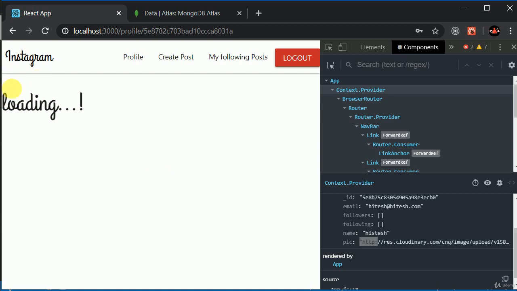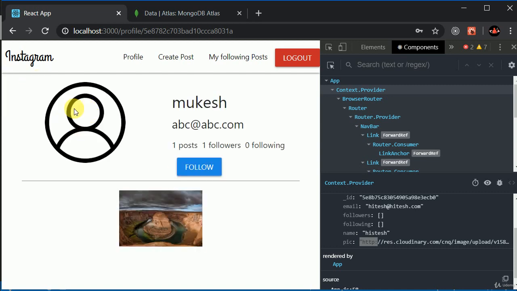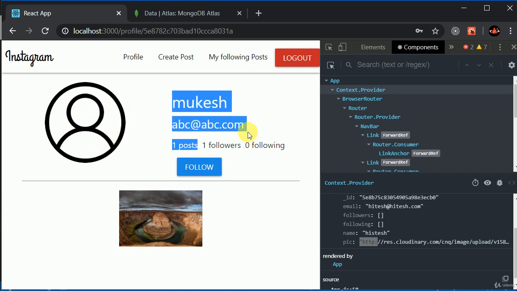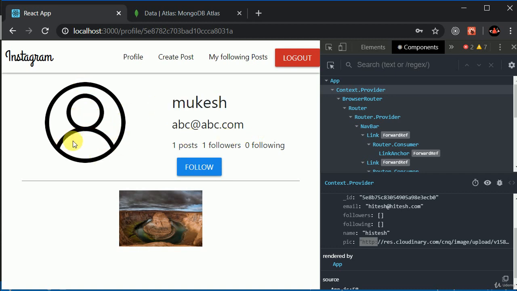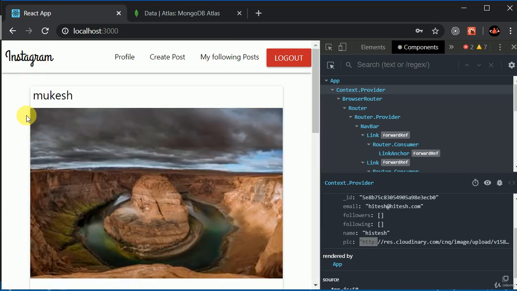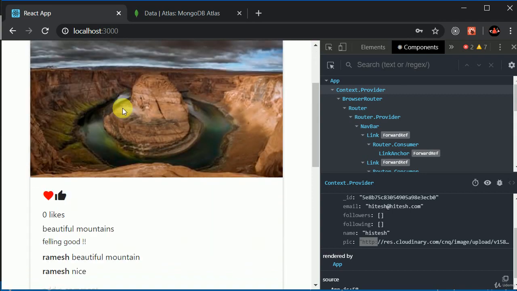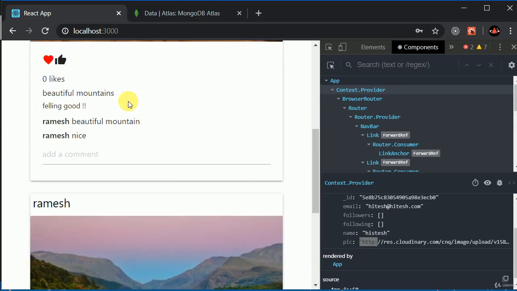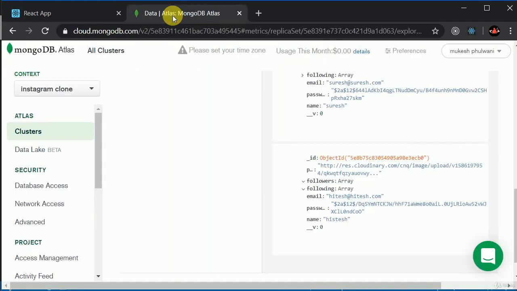Right now this Mukesh doesn't have a profile picture, so we can see we have this default profile picture because Mukesh has not uploaded one. You can show this default profile picture in here, maybe in a little circle. That's a kind of homework for you. You can do that by yourself. It's not at all a big deal, because we have done a lot of complicated stuff.